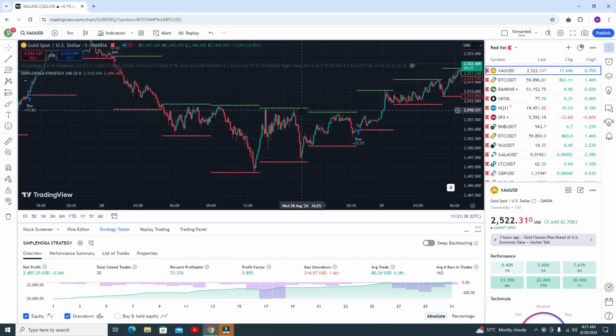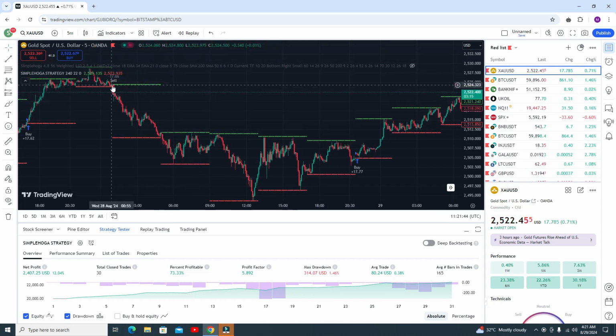And another signal, you can book your profit here. Another sell signal. Okay, after getting this signal, you need to follow only sell signals, and go for the sell trade from the resistance level. These are resistance levels, and these are supports. Okay, and from this point you need to exit your trade, and go to the buy position.